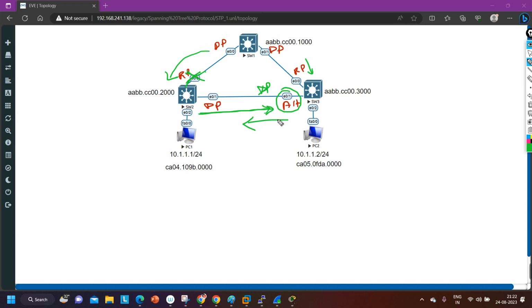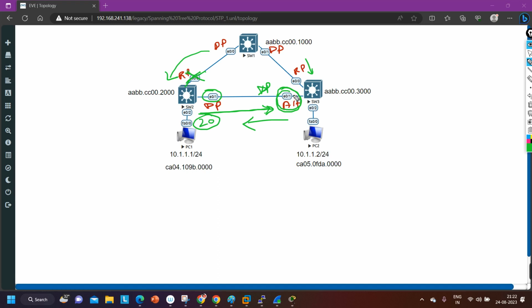Switch 3 will forward the superior BPDU to switch 2, but switch 2 will accept the superior BPDU on its interface only after 20 seconds, after the max age time, when the BPDU which it received from switch 1 expires. So after 20 seconds it will send this BPDU, and this port needs 30 seconds to come